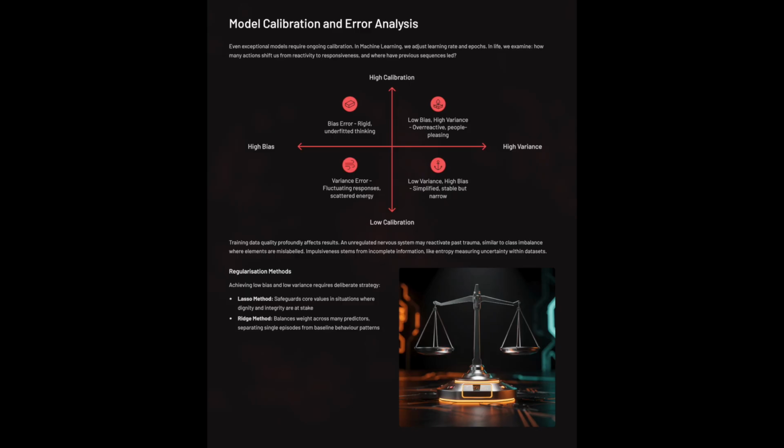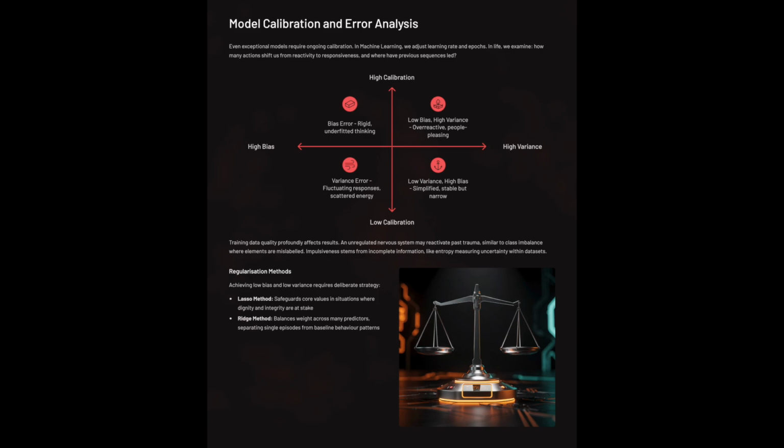Regression models expose us to bias error, oversimplified assumptions, or variance, fluctuating responses such as indecisiveness and loss of focus. In life, bias error highlights irrational beliefs such as, they must understand me, or they should behave differently. Variance, on the other hand, captures the long-term impact of people-pleasing and not having your opinions voiced. Bias leads to rigid underfitting, or the incapacity to adapt to change, while variance leads to overfitting, or scattering our energy across too many fronts. Attained through the lasso and ridge methods, regularization can help us maintain a low bias and low variance,